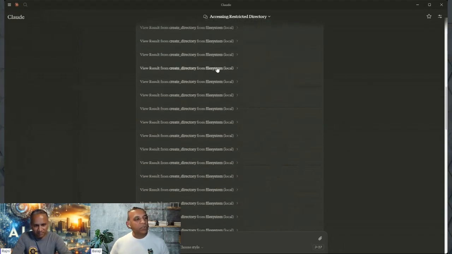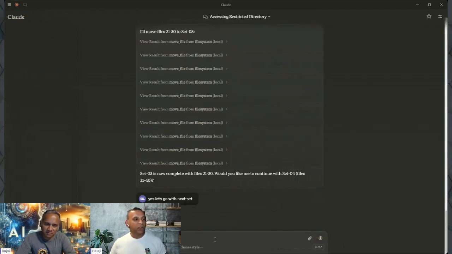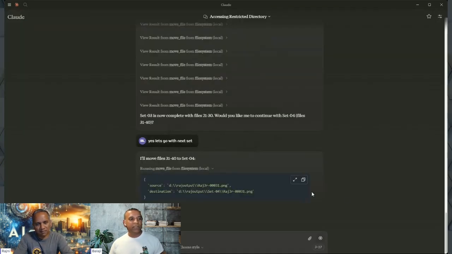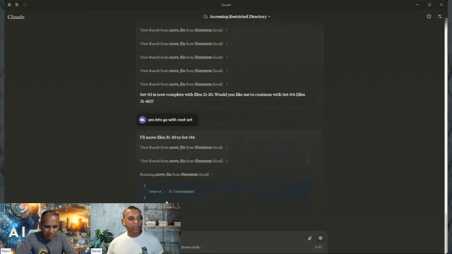And it executes painfully, one command at a time, right? It creates a folder, that's a create directory command, and then says move Raj 001 to folder 1 location, then Raj 002. So it just went through with that. I can show you, because I think I stopped it at 30, now complete. Yes, that's the next set. So I'll show you what it is doing shortly afterwards. Now it's trying to move, and I'll allow this, and you can see what it does. Every command, it'll say source, destination, copy. Those sources are moved, right? Oh, it shows you what it's doing too.